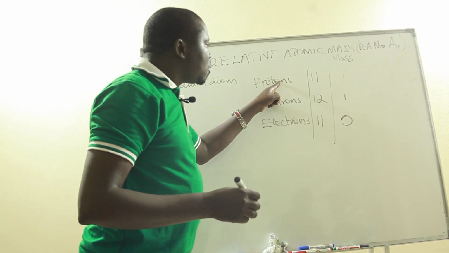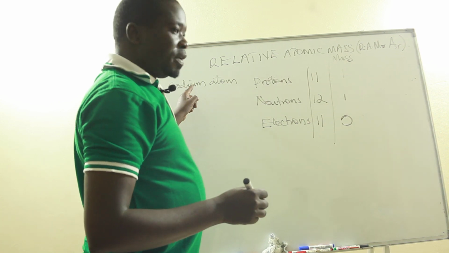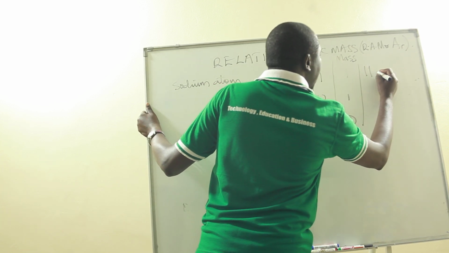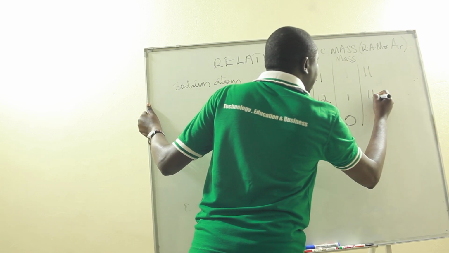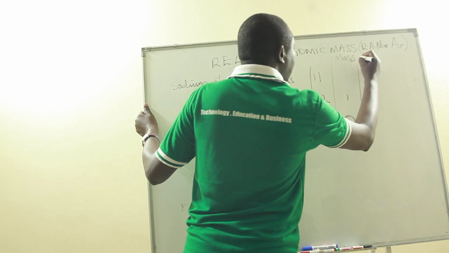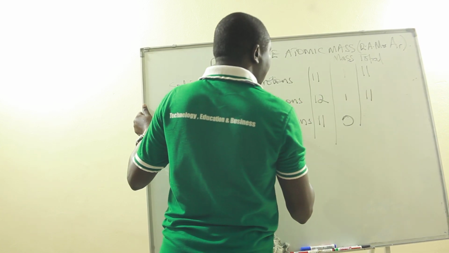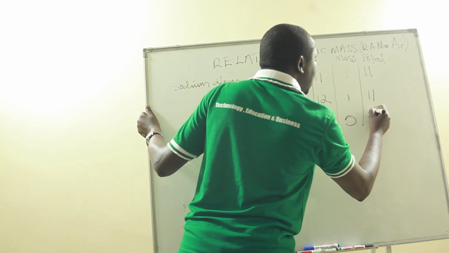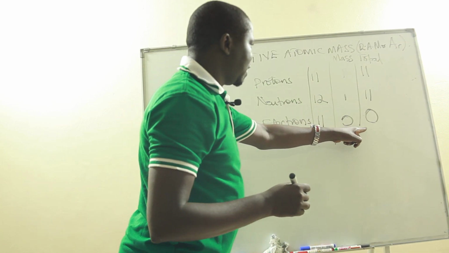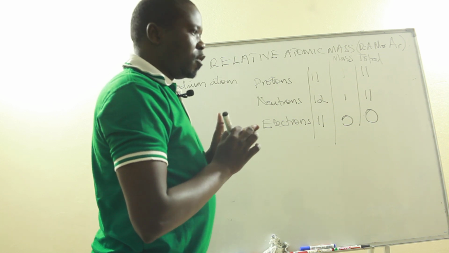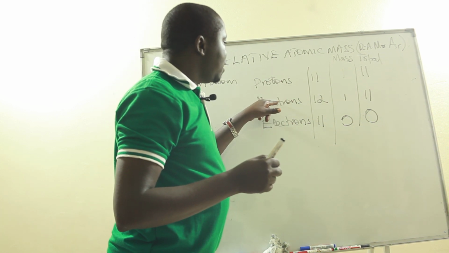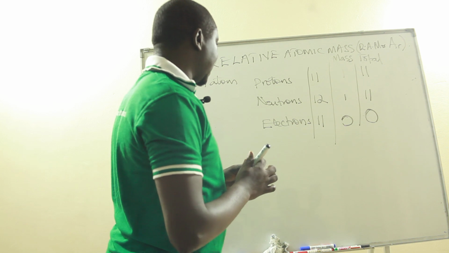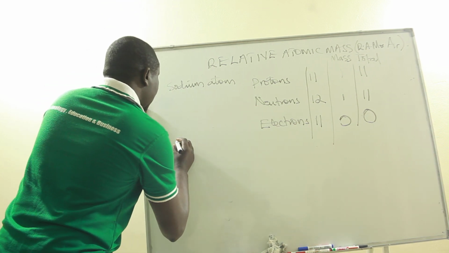If we look at the total mass of protons in a sodium atom, here we have 11. In neutrons, we have 12, the total magnitude of the mass. And for the 11 electrons, each with a mass of magnitude 0, the total is 0. That means that the mass of an atom is due to the number of protons and neutrons in it only, not the number of electrons, because an electron has a mass of magnitude 0 in this case. So, for a sodium atom, if I'm to look at